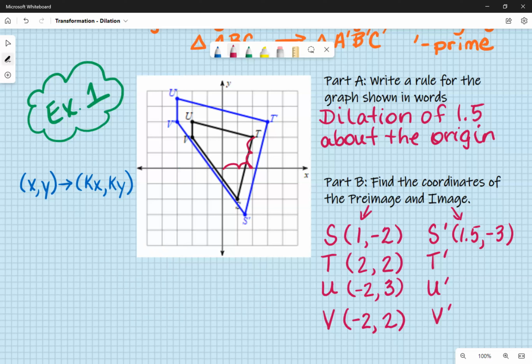That was my original. So if I took that 2 and I multiplied it times the 1.5 that I just wrote in my rule, what should happen, and this is for both my X value and my Y value. This is my original X for T, and then I'm going to end up with my T prime X value. So 2 times 1.5 is 3. So it's saying that I would have to go over to get to T prime to the right until I get to 3. And then I'm going to go to the Y value,